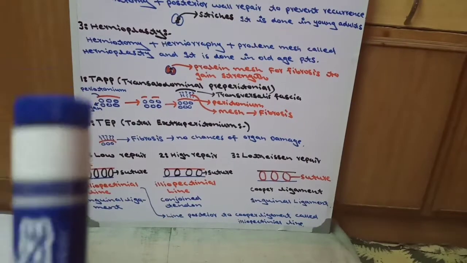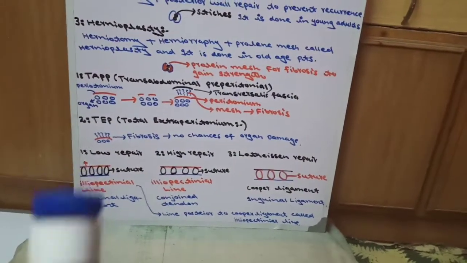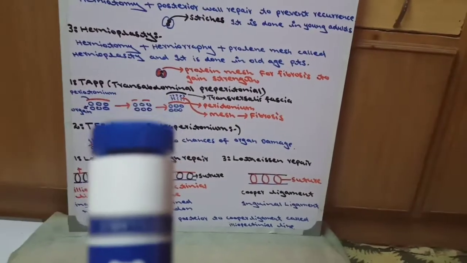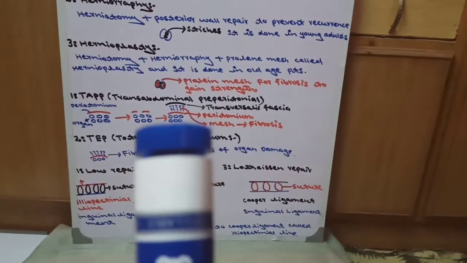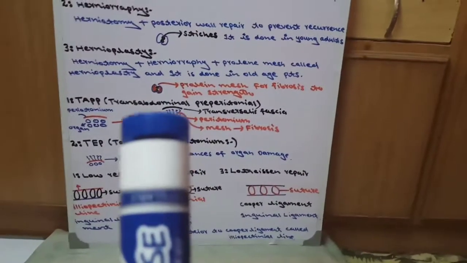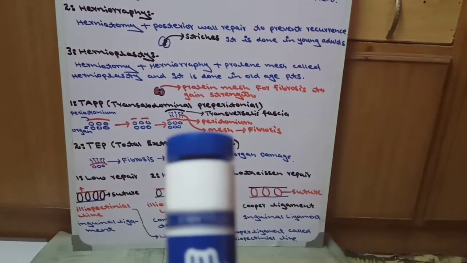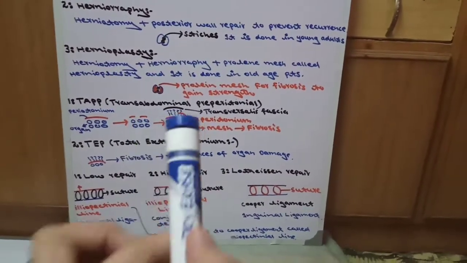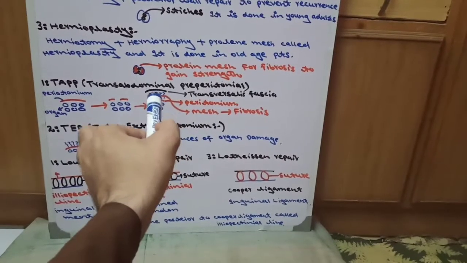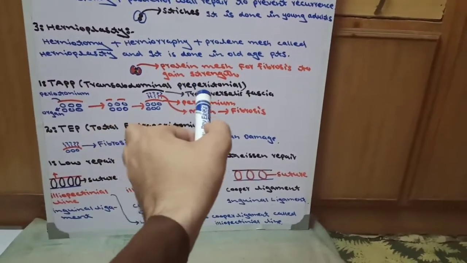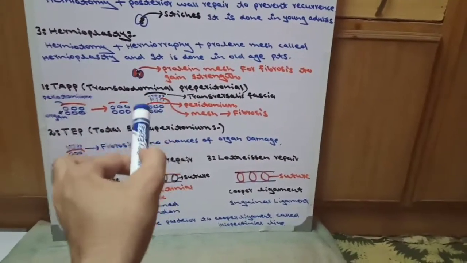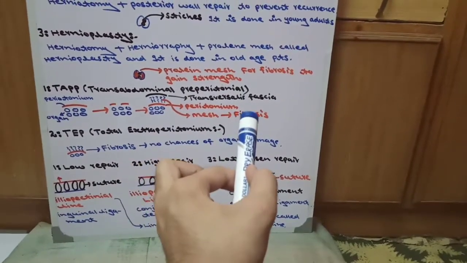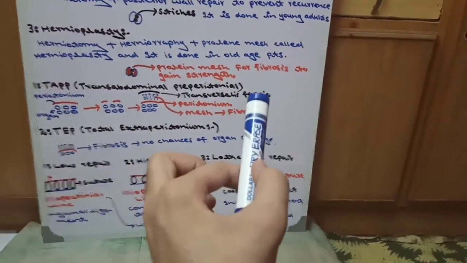red line shows the peritoneum. In TAPP, first we give an incision at the abdominal wall and we reach the peritoneum, and we cut the peritoneum and open the body organ, and again we close the peritoneum and apply the Prolene mesh, which is mentioned in blue, between the peritoneum and transversalis fascia. Between the transversalis fascia and peritoneum we place the Prolene mesh to gain fibrosis, and after fibrosis we gain the strength.